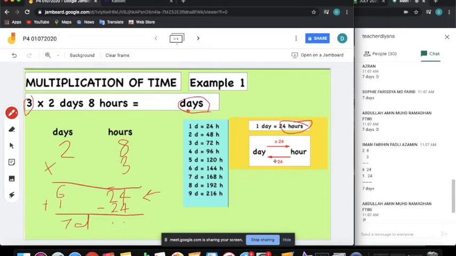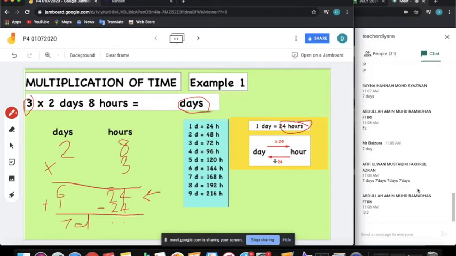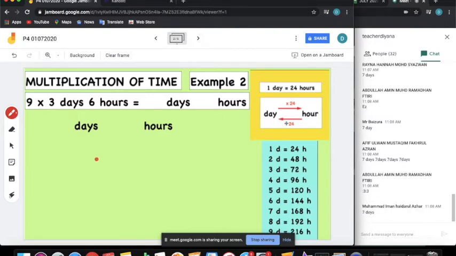Because the question asks how many days, you look at the answer. Answer in days. So days lah. Answer in days, 7 days. Okay, understand? Alright. If you say you understand, yes, good job. Ali, your days do not have S. 7 days. Good job. Okay, now. If you understand, answer this. Good, Iman. Iman, look at your days.